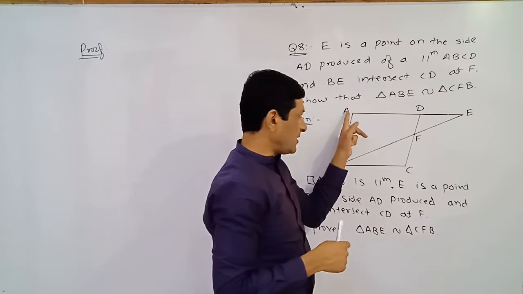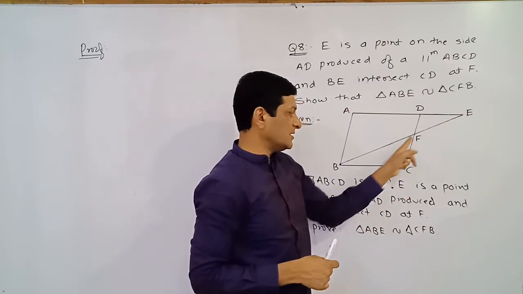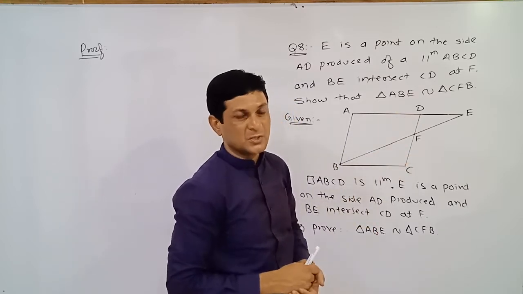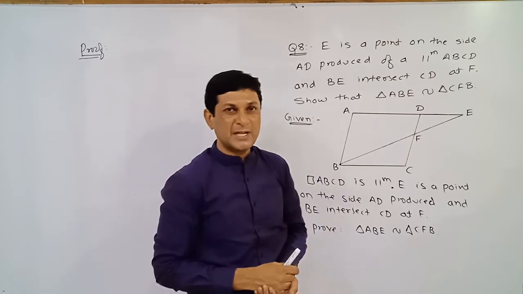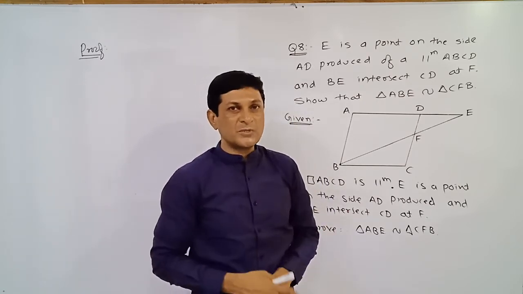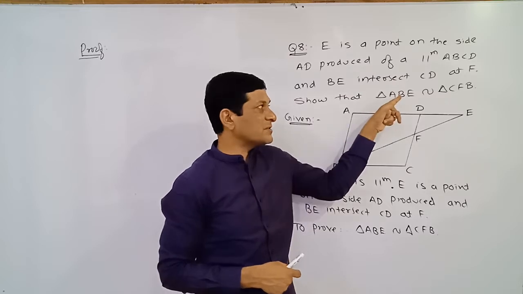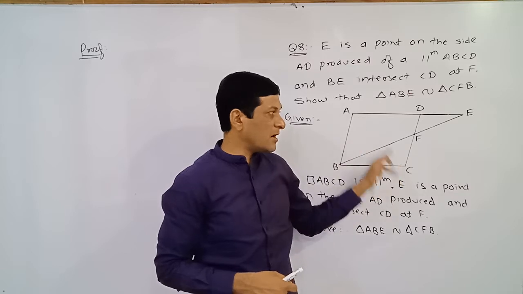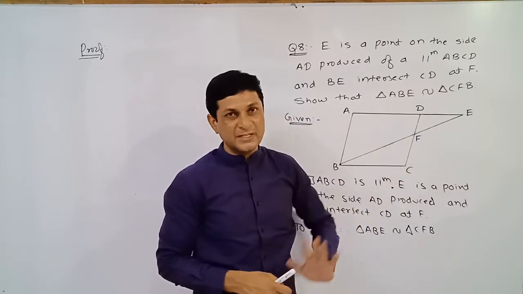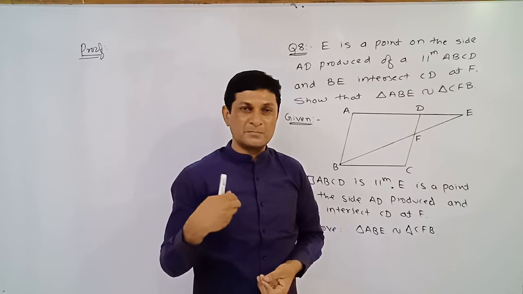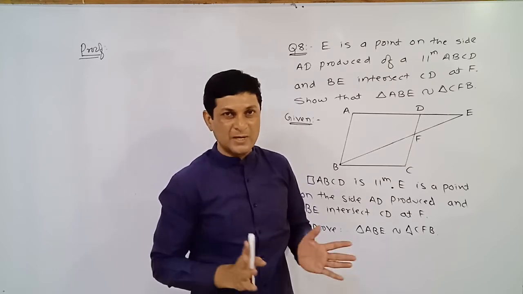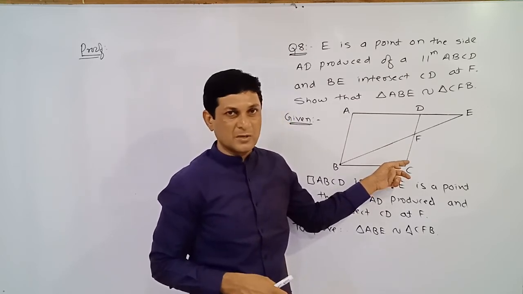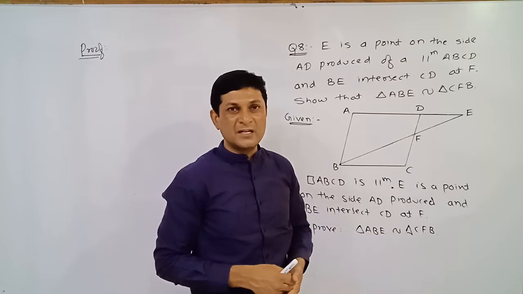So hope you have got it. Triangle ABE is similar to triangle CFB. Our aim is to show that this triangle and this triangle are similar to each other, and we will use some criterion to show that triangles are similar. Now here, if you observe, angle A of the first triangle is equal to angle C of the second triangle, because these are nothing but opposite angles of this parallelogram ABCD, and according to the property of parallelogram, opposite angles are equal. So we are able to show that angle A is equal to angle C using the property of parallelogram. Now we have shown that one pair of angles is equal.